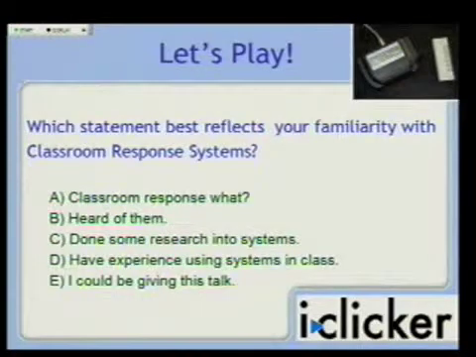What you need to do is turn it on. So that's the button on the very bottom. The blue light comes on. That means success. You got power to this thing. And then read the statement here. Which statement best reflects your familiarity with classroom response systems, from, I've never heard of them, to I could be giving this talk, and then press the appropriate